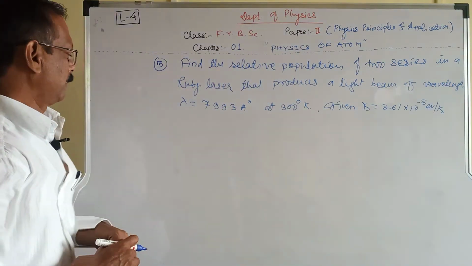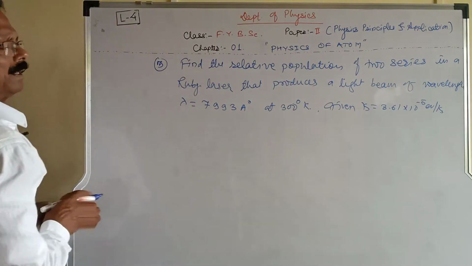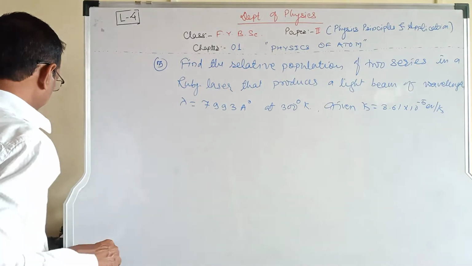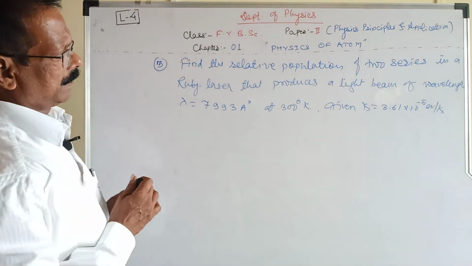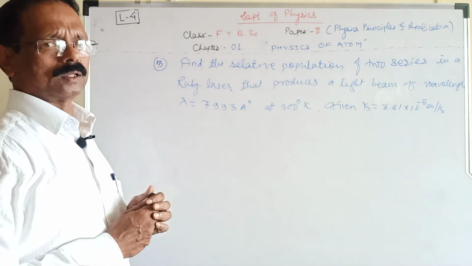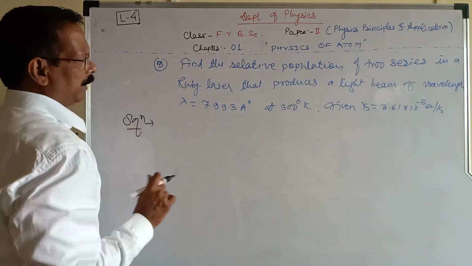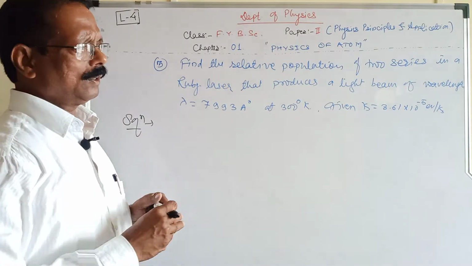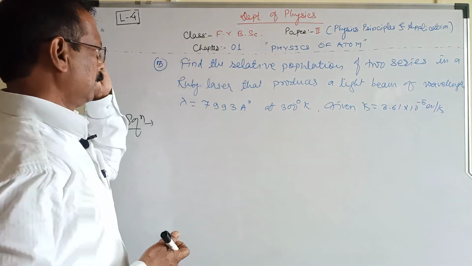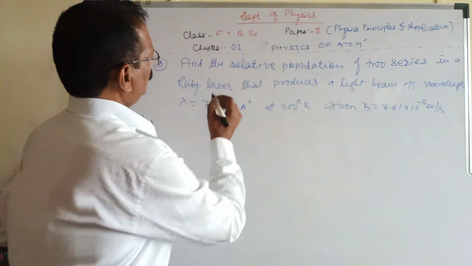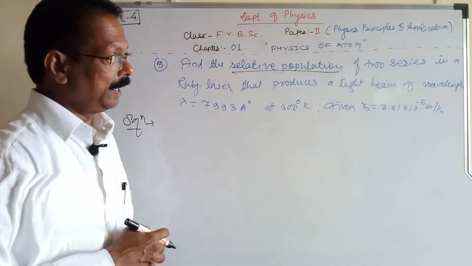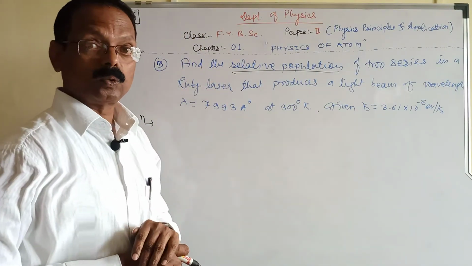So here this is the example here. So I already told you that here. Read the example carefully here and then find out the formula to solve the example here. So solution here. What is the solution here? Now first write the given information here, then write what we have to calculate here. So relative population, this one is very important. Underline this, relative population of two series here.